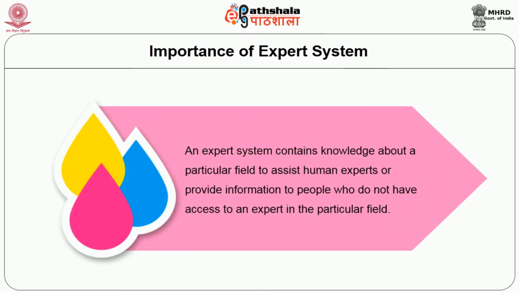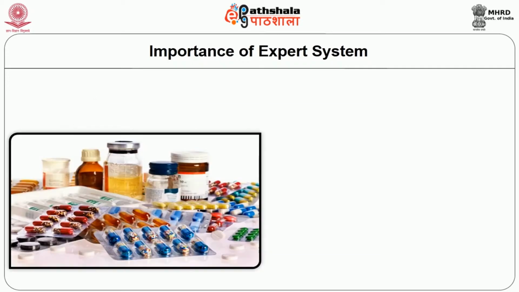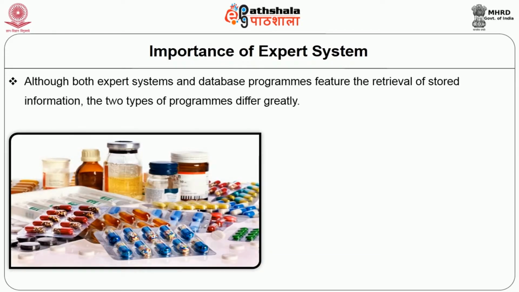An expert system contains knowledge about a particular field to assist human experts to provide information to people who do not have access to experts in a particular field. A database program relates facts that are stated, while an expert system uses reasoning to draw conclusions from stored facts. Expert systems act as an intelligent assistant to human experts and assist people who otherwise might not have access to expertise. Although both expert systems and database programs feature the retrieval of stored information, the two types of program differ